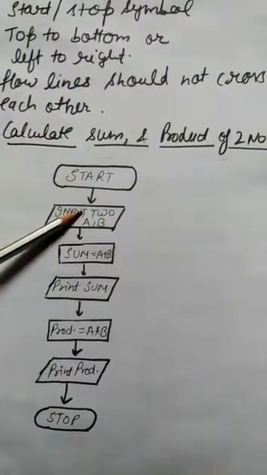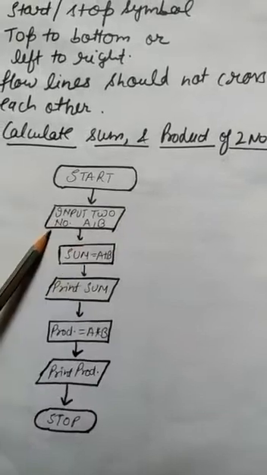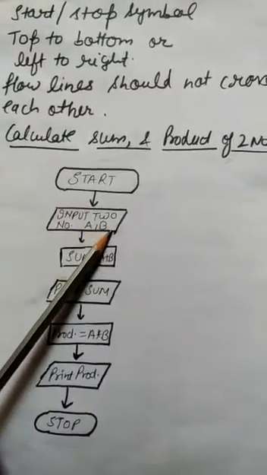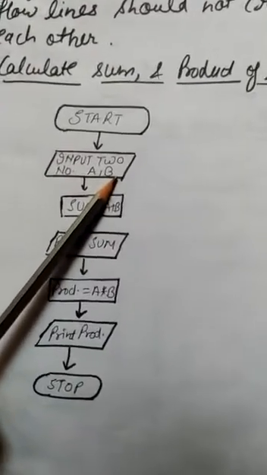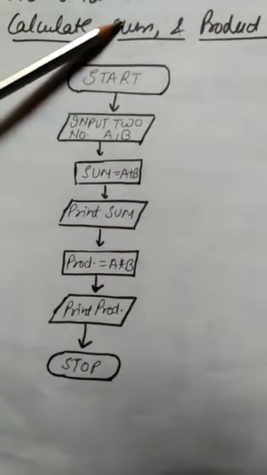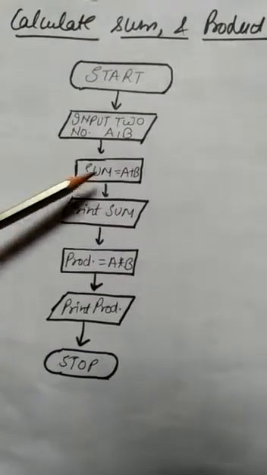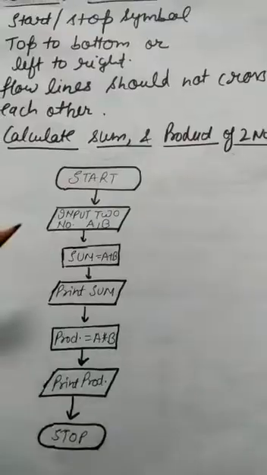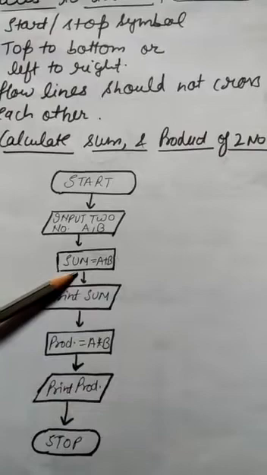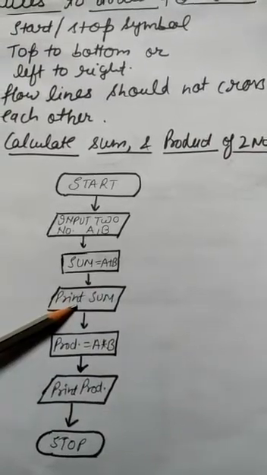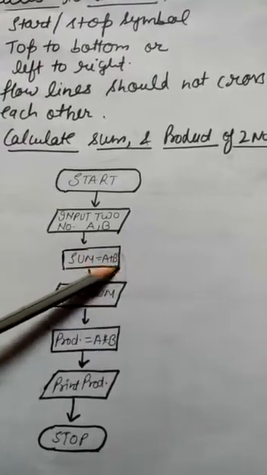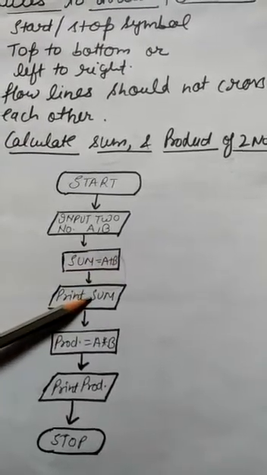So the first flow line I have drawn. See, this is an input output box where I have inputted the two numbers A and B. Then, because they are asking to find the sum, here we are doing the sum of A and B. So I have taken A plus B, and for the sum I have taken a variable. Next we will print it. In the flowchart we will print the sum. Whatever numbers you have taken, 2, 3, 4, 5, whatever, their sum will be processed here.